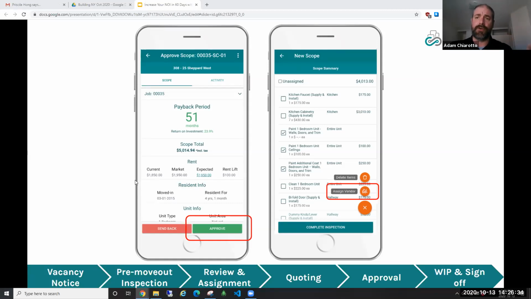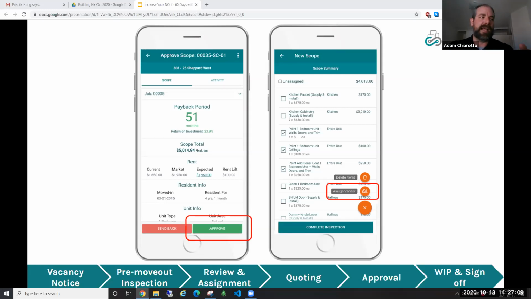You can see all of the photos, the notes, everything that's been gathered as part of those pre-move out inspections. And with a simple click of the button, you can approve that job. And that's automatically going to create your POs. That's going to let everybody know that the job has been approved. And really, you're just eliminating a possible bottleneck from the process. And being able to do this all from your mobile app, whether it's a tablet or cell phone, or we even have actually people using iPod touches, it really just eliminates that need to go back to your desk and the delays that are associated with that.